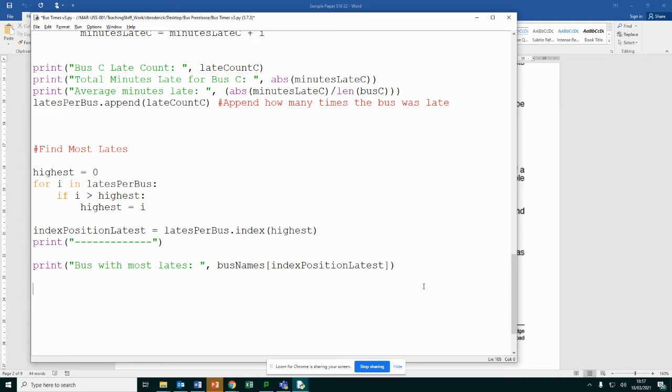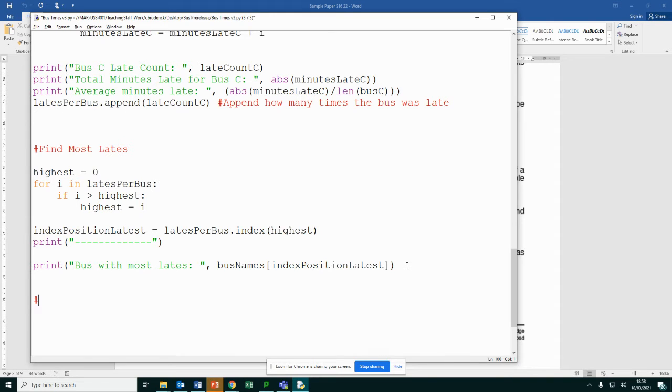Right, so now we can move on to the last bullet point. So this is the average number of minutes late of each bus route using only data from the days on which it's late. So this is slightly different in that what we've been doing before is we did an average of the total time that the bus went. So if it went 20 times, we were using that as the average. But now